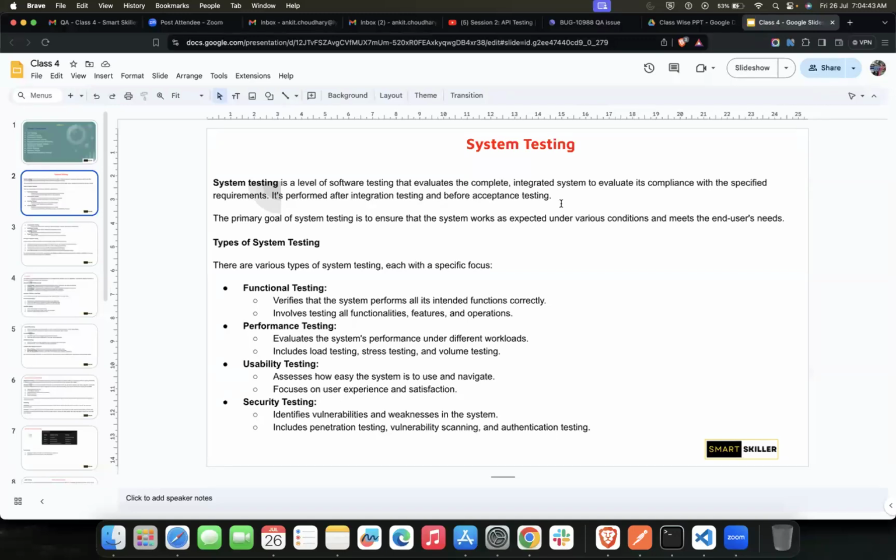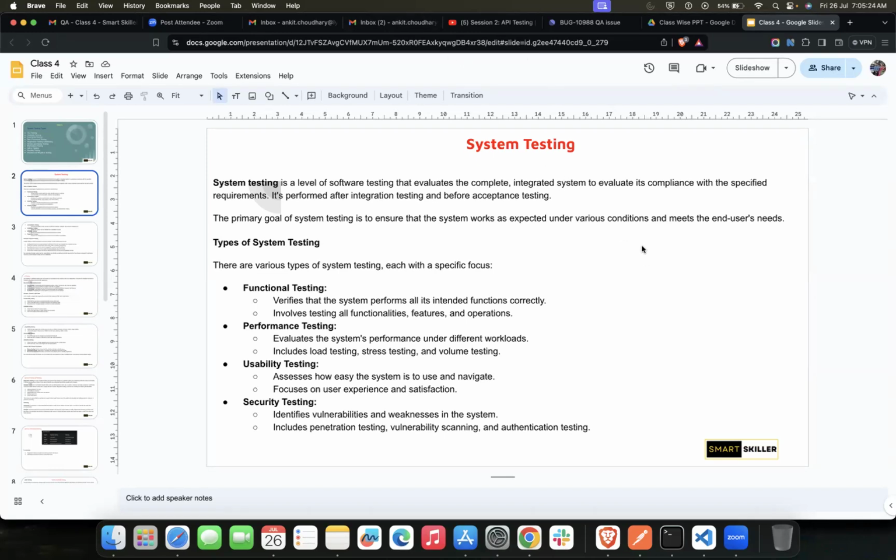It checks the functionality of the software, whether it is working as intended or not, as the name suggests. Yes, correct. What about performance testing? Again, as the name suggests, it checks different workloads, whether it is able to handle different loads of users, or performance when in use by the end users.